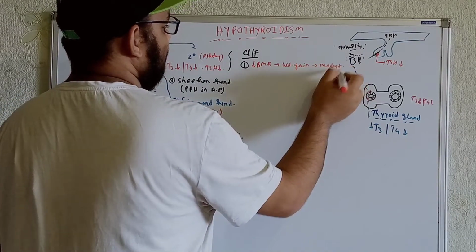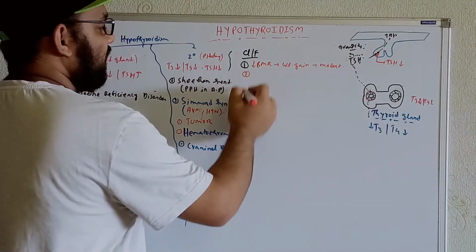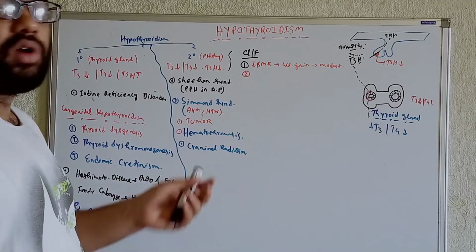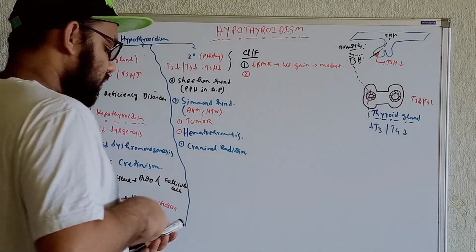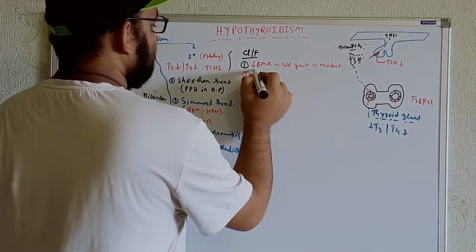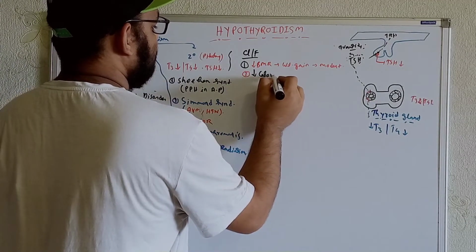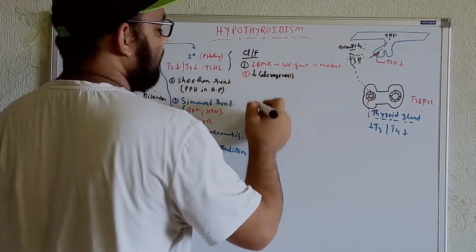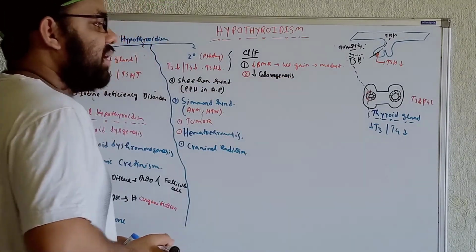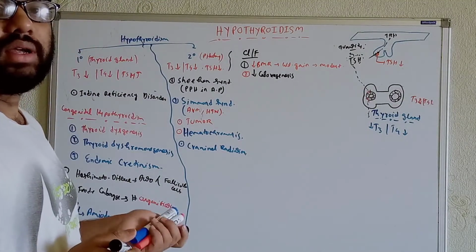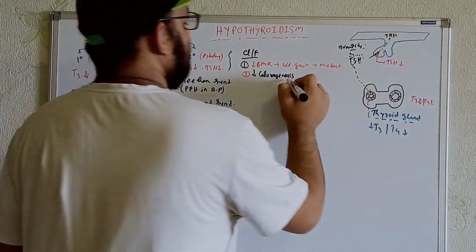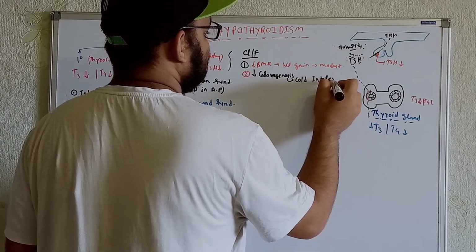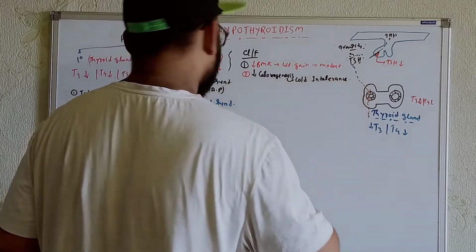Okay. The second thing is that it is also responsible for producing calories. That means it is a calorigenic hormone, which is why it is also known as the calorie hormone. So in these cases, we will get less calorigenesis. Whenever there is less calorigenesis, the individuals will have cold intolerance. We will see the cold intolerance property within these patients.